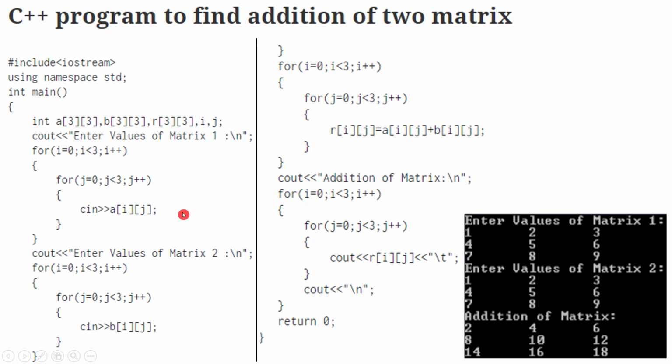So one thing to notice is that there is a common pattern in all these steps. This is the first step, second step, third step, fourth step. First step, matrix 1 input; second step, matrix 2 input; third step is addition; fourth step is printing out the values. So in steps 1 and 2 you have to enter the values. These values are entered by the user, and the last one is printed out on the monitor as we called it.